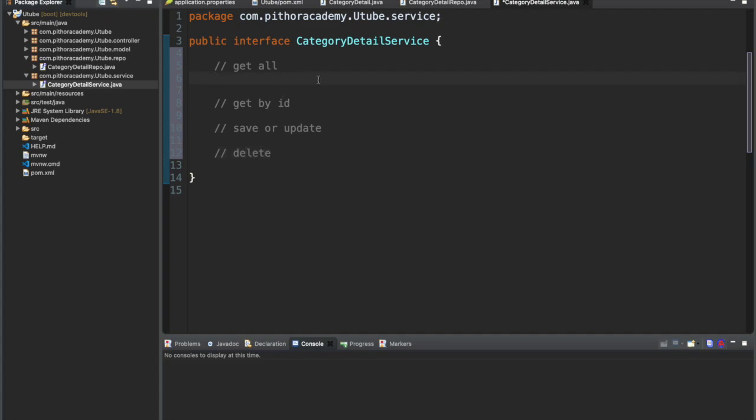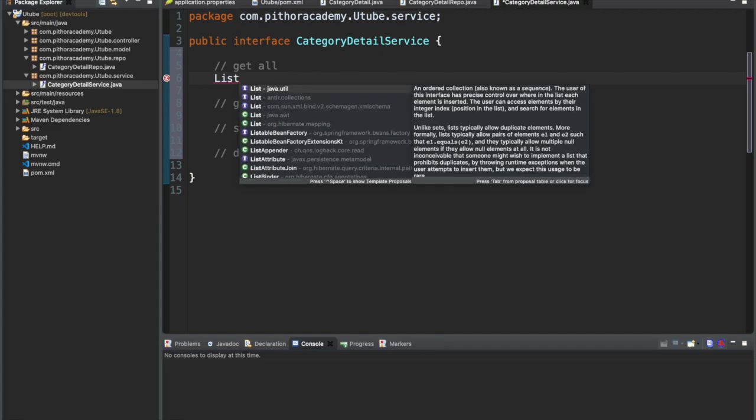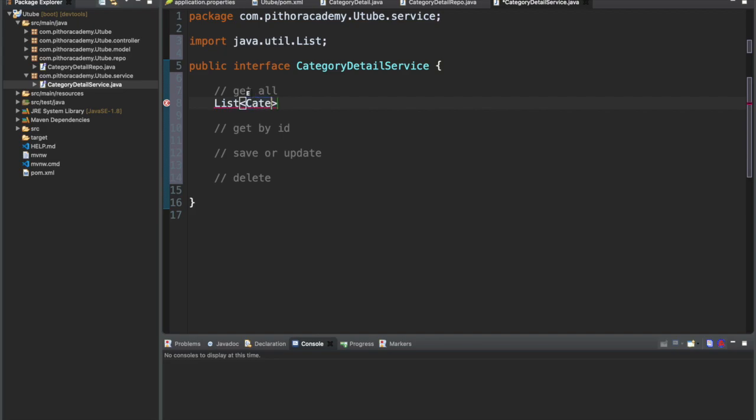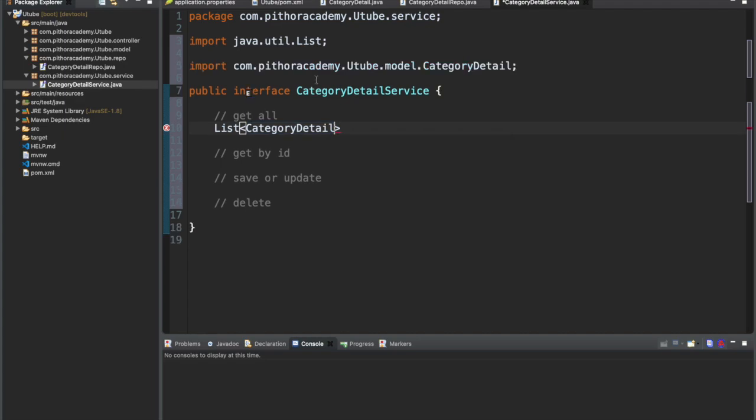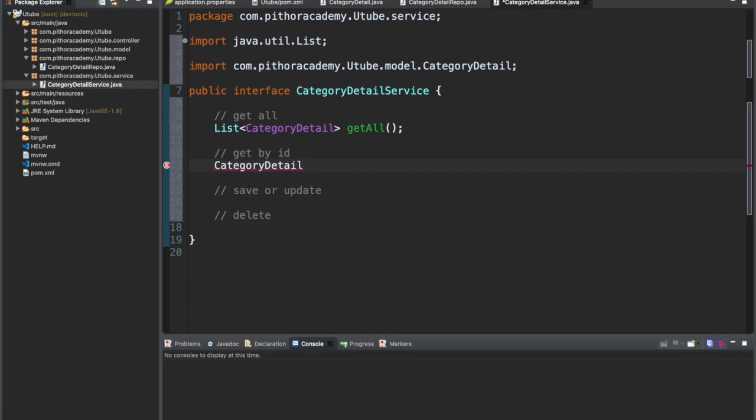So let's start with getAll. It will return a list because we are getting all the records of category detail type, and the name will be getAll. So this thing is done. Second thing will be category detail getById, integer ID. So this is also done.